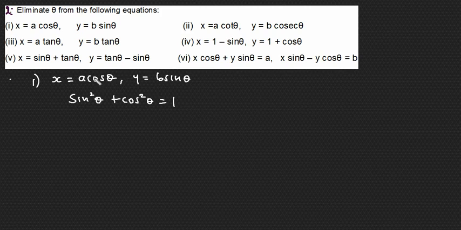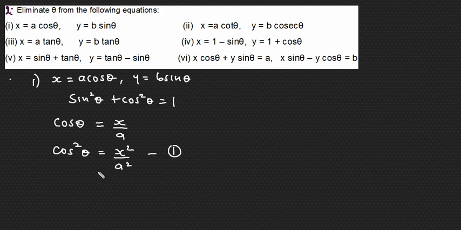So like here, you see a cos and you see a sine. You can easily make cos the subject. So you will see cos theta equal to x over a. So go ahead and get cos squared theta. That is x squared over a squared. The same applies here. You shall see that sine theta is y over b. So sine squared theta is y squared over b squared. That is equation 2. So when you add 1 and 2,